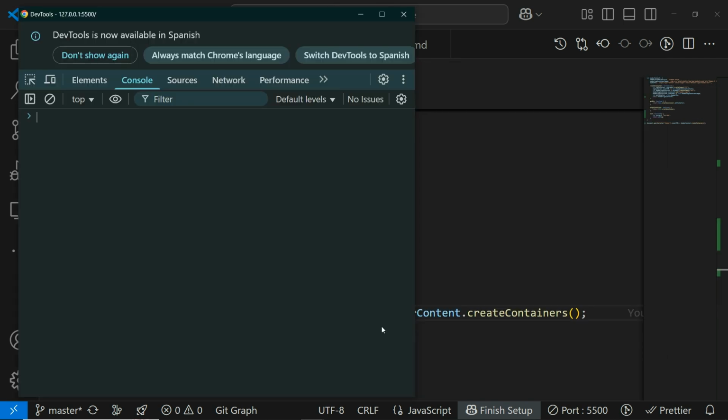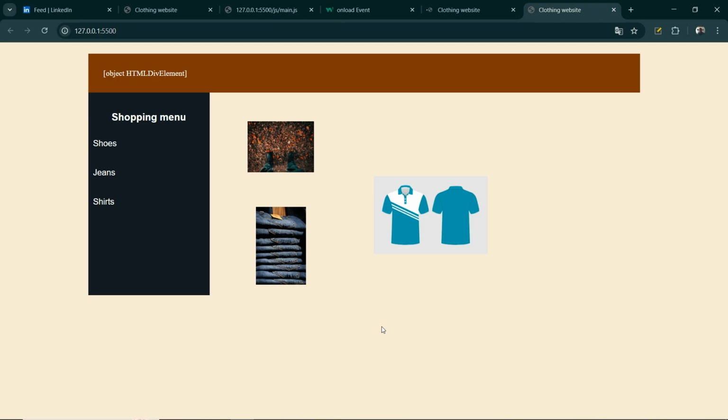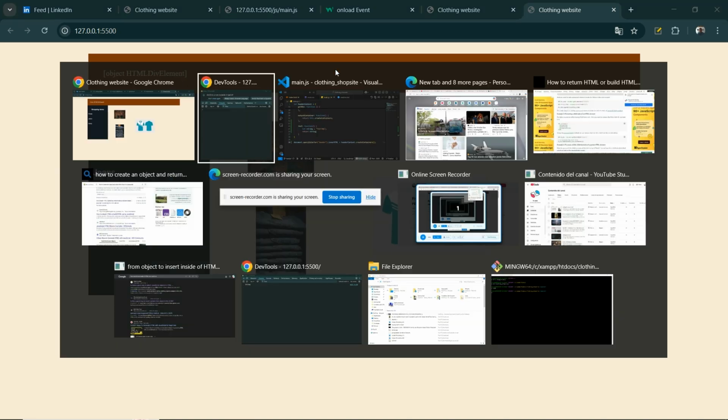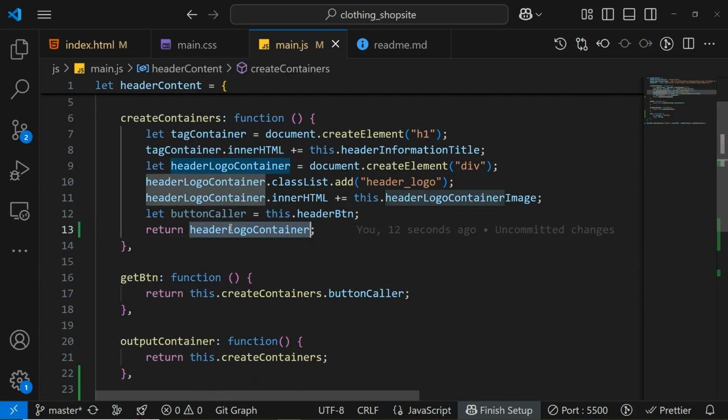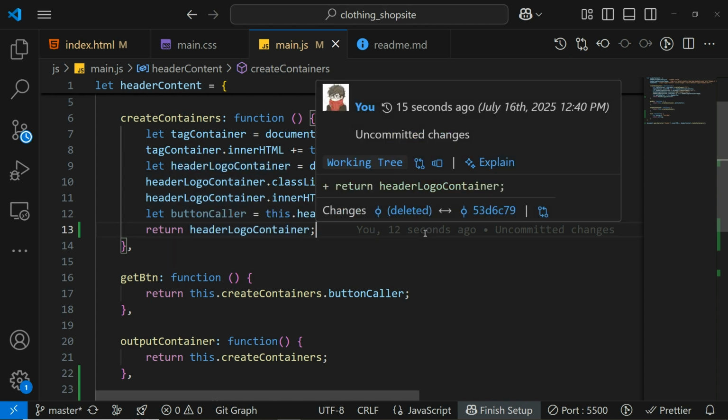Now let's see. Here you can see that it says object HTML div element. And it means that we are returning the object, but sorry, let me just ignore that. Okay,